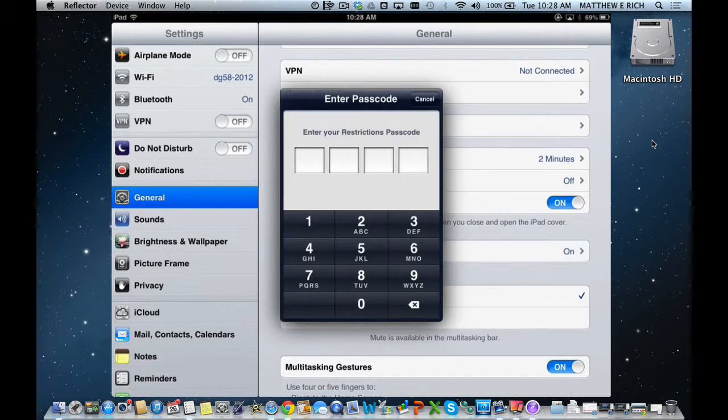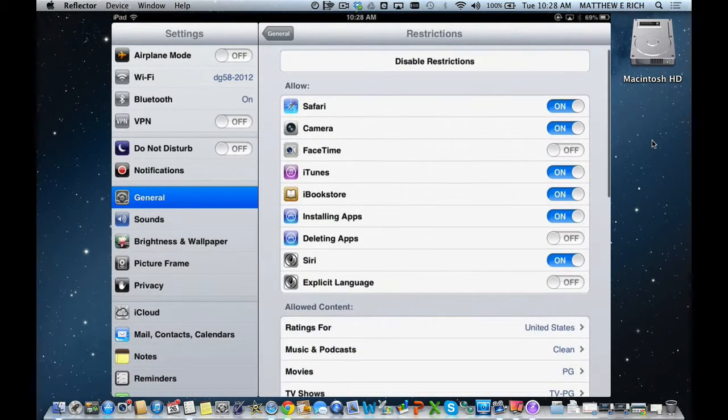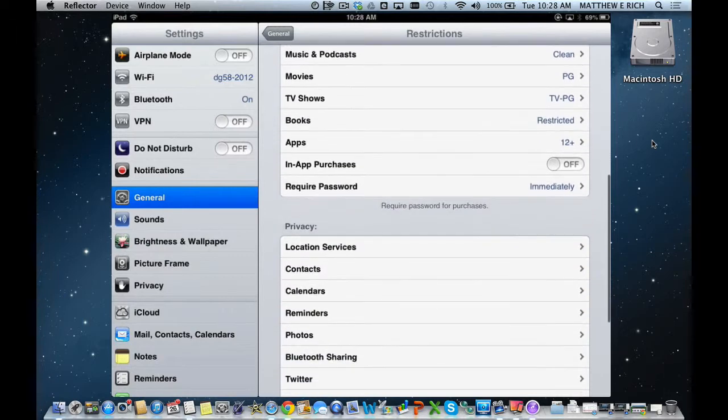We have a restrictions code on this device of 1234. We recommend that parents never use 1234 or 0000 as their restrictions code, but have one that's private for them that they keep separate from their children. And please do not use the restriction code as your passlock code on your device. I'll put in my restrictions code right here,